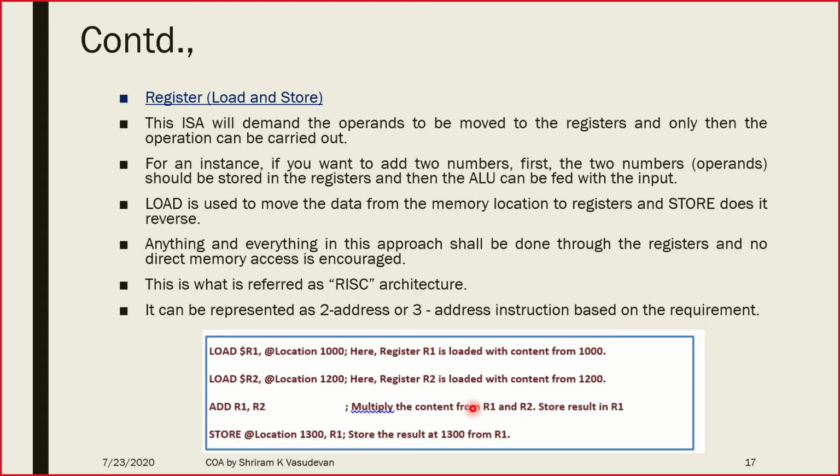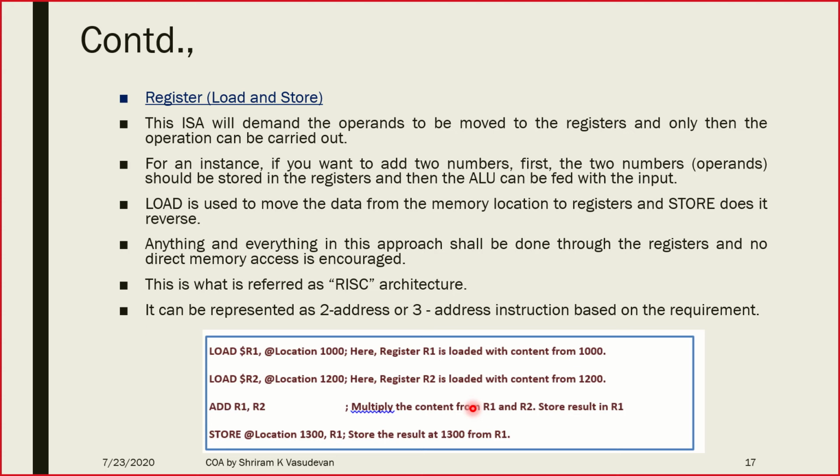Now let's understand the final type of ISA, which is called the load and store approach for register ISA. What is it, sir? It is very simple. Remember, you have learnt a lot about load and store in the previous semester when it came to ARM7. Load is nothing but loading the content onto a register. Store is nothing but storing it into some other location. That's it. Without loading it into a register, you cannot do any operation in the RISC architecture, and we have seen that enough in the previous semester, so let me not waste time on it.